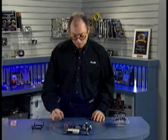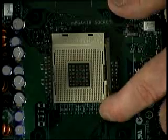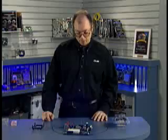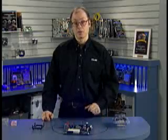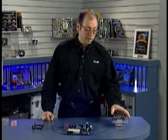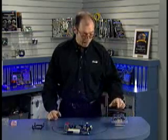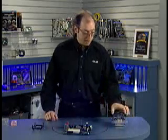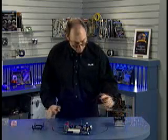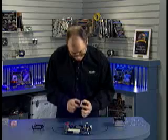In order to install the processor, you have to lift this lever up, which releases the grip on the pins on the chip. Now I'll be able to insert the processor into the socket with no resistance. I have the processor over here in my boxed processor packaging, which means that it came with the heatsink and all of that too. I'm going to remove the processor from the package, and I'm going to align it with pin 1 on the